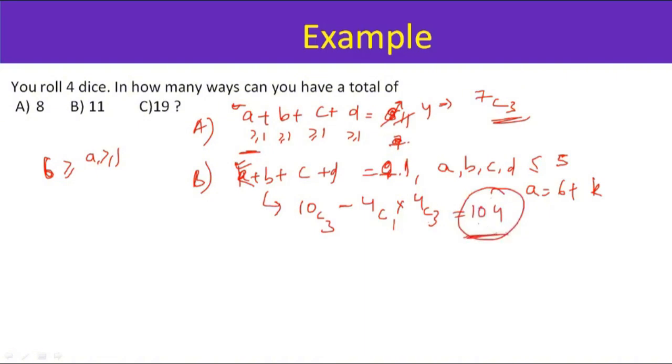Clear? B part? Everyone? Perfect. Now let's say C part. What do we have to do in C part? Again, A plus B plus C plus D is equals to